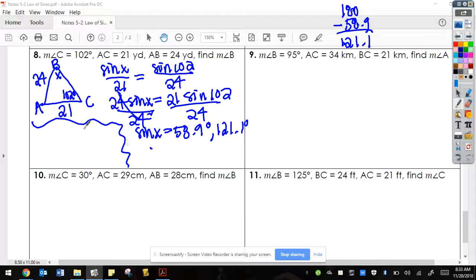But then we need to check. So 102 is already the angle that we know is for sure in this triangle. If we did 102 plus 58.9, that would still be less than 180, meaning we could find a third angle to make the triangle. So that works, okay? If we do 102 plus 121.1, that's